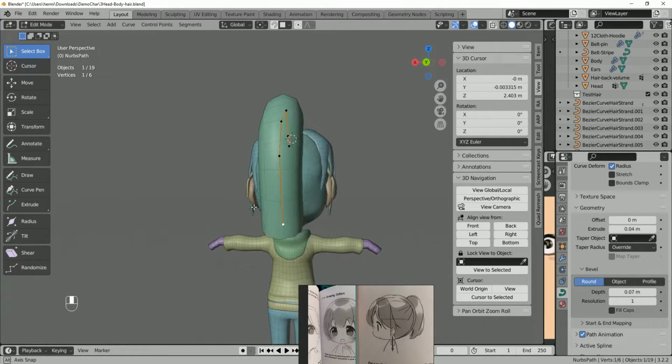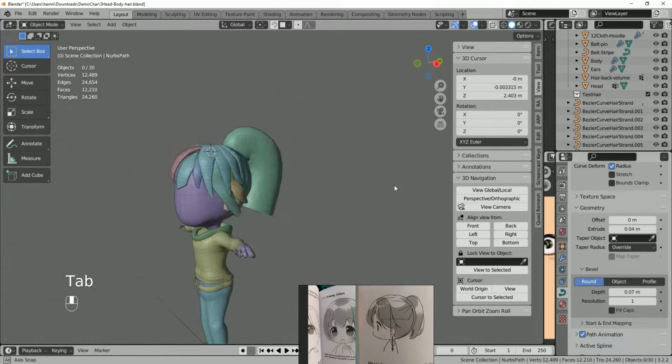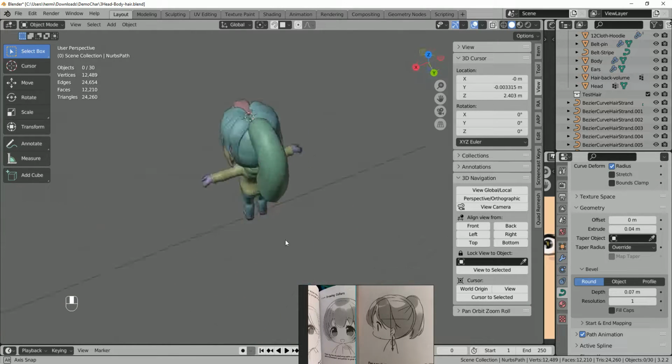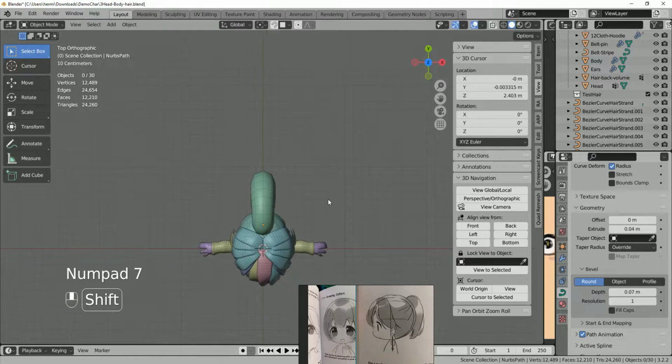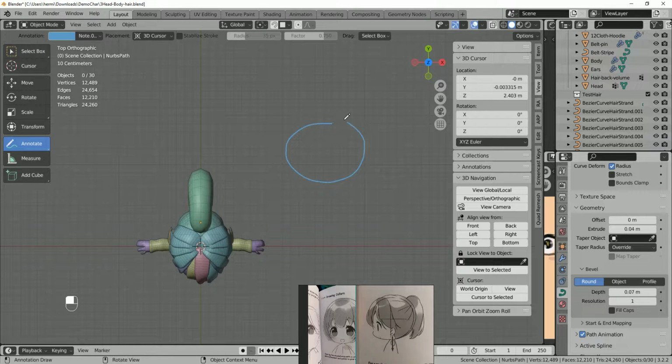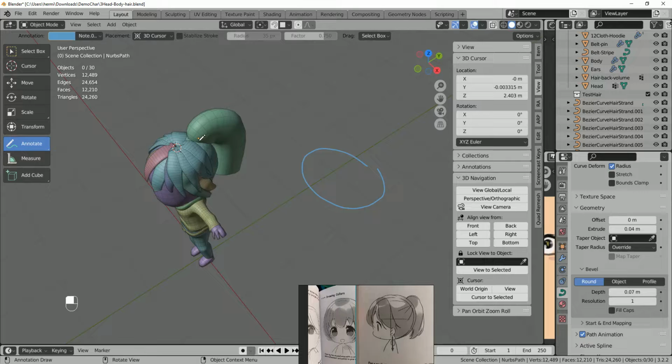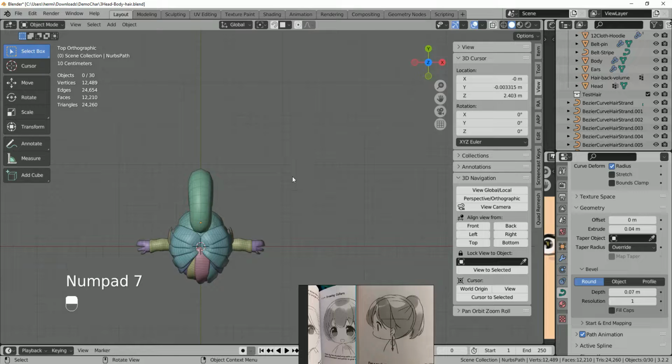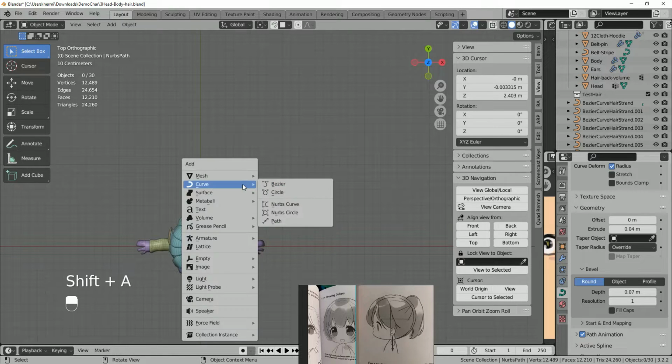If you found out that you cannot have the part, the size or the reference that you want, another option is to create the shape that controls how the bevel is working. So for example, right now we call it rounded, right? So it's just like it uses the round sphere here to extrude the shape of the part. So if you just simply get the idea, why don't we just create the shape that it's going to use as a reference instead? So Shift A here and add the curve and call